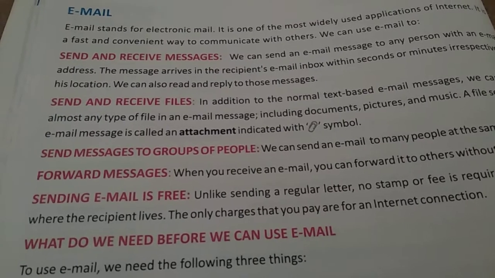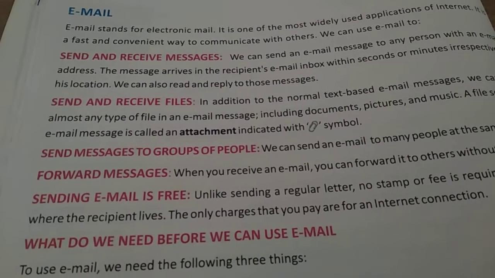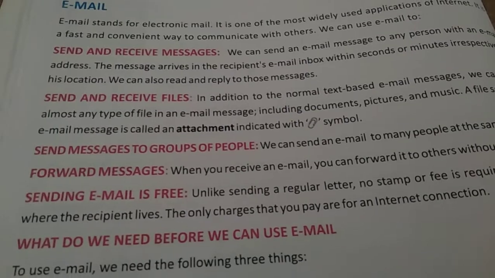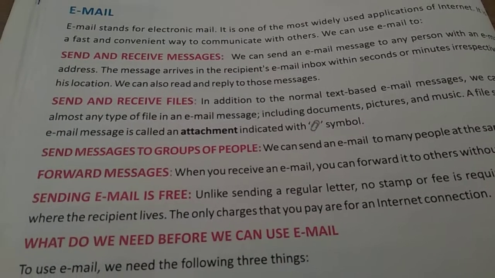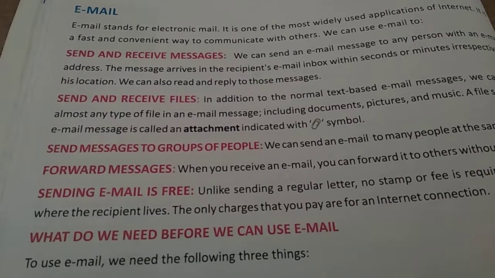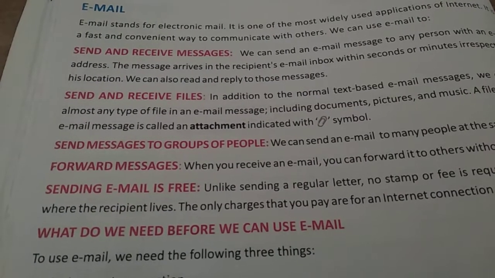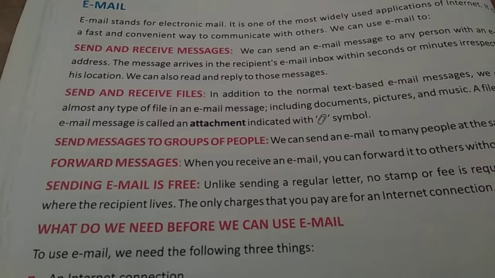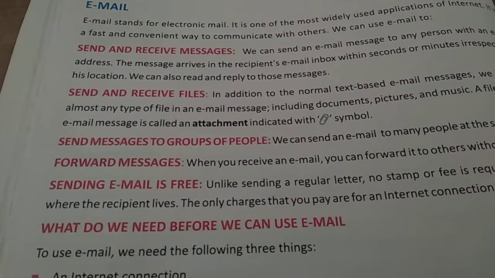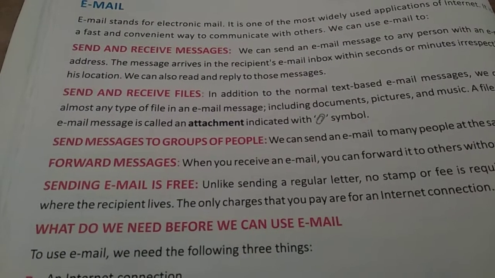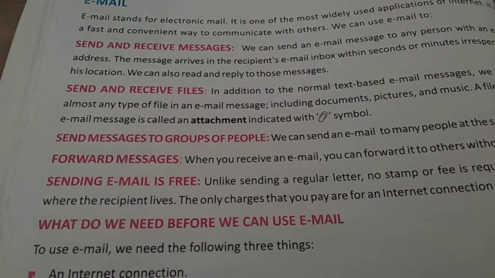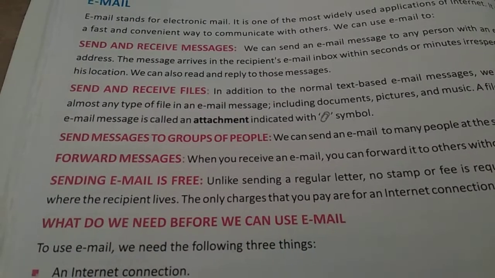Okay, अब पहले क्या होता था? In the previous generation, we always sent a handwritten letter. तो handwritten letter में भी you have to give the postal address. Okay, तो handwritten letter भेजते थे तो उसमें पहले हम क्या लिखते थे? Address लिखते थे in the front. Okay, so इसमें भी हमें एक email address होना चाहिए. ठीक है? Then only we can easily send and receive the messages.